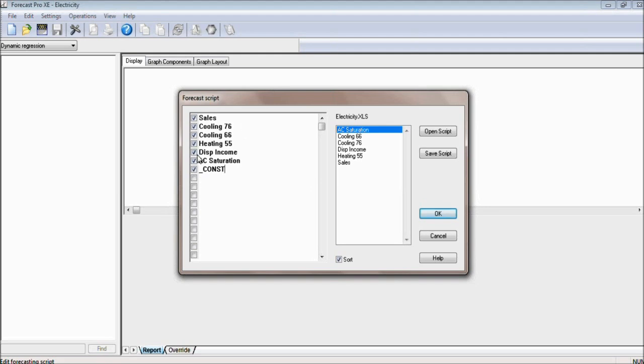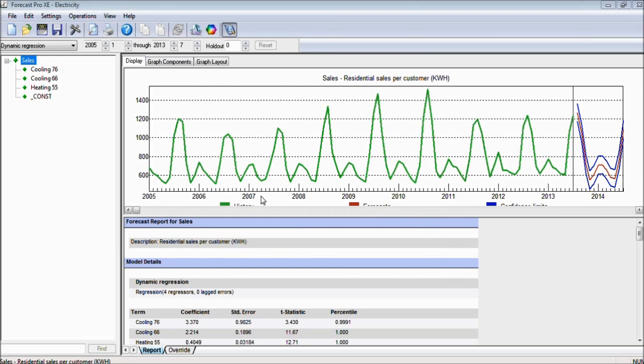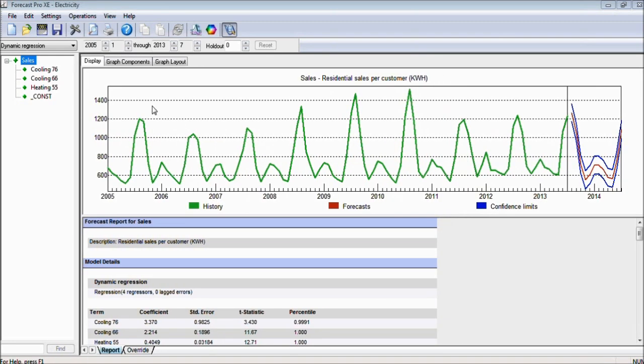I'm actually going to turn off disposable income and AC, or air conditioning saturation rates, and so the model initially is only going to use our temperature variables and the constant term. By turning off these variables, it allows Forecast Pro to test whether they should be included. So I'll show you how this works. I'm going to click the OK button, and when I do, it builds a forecast. Okay, so here is the forecast. I'm going to put the fitted values on,